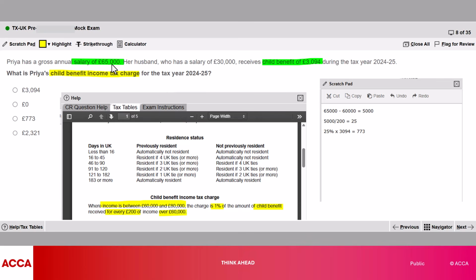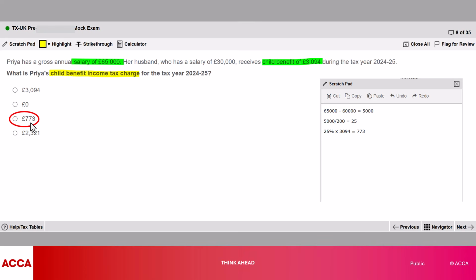So we take Priya's salary of 65,000 minus the lower limit of 60,000. We're going to divide that by 200. So you've got 5,000 divided by 200 is 25, and it's 1% for every 200 over 60,000. So 25% then times the child benefit of 3,094. And we round that down to the nearest pound, which means that our child benefit tax charge then is